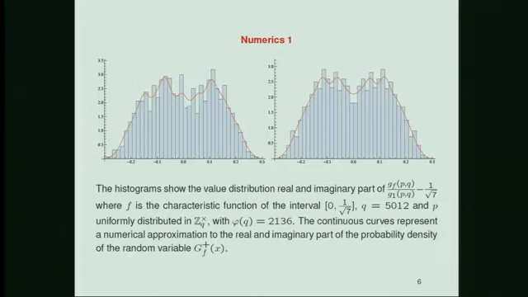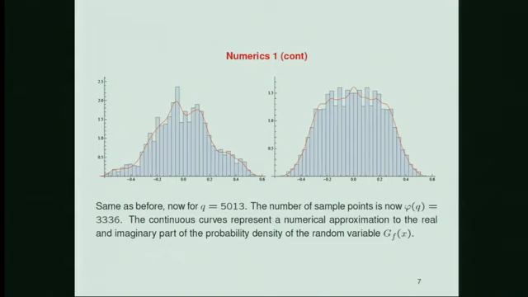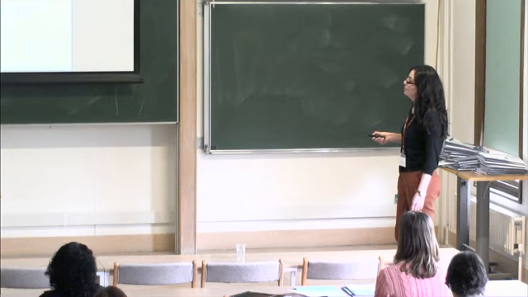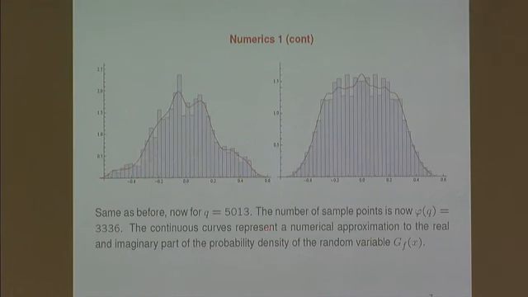for G_F plus of x. So in the next numerics, we have this time Q is 5013, which is Q is 1 mod 2, the odd case. So this is the histogram, again with the same characteristic function as before, and phi of Q is this time 3336, and you can see the consistency between the histograms and the curve,